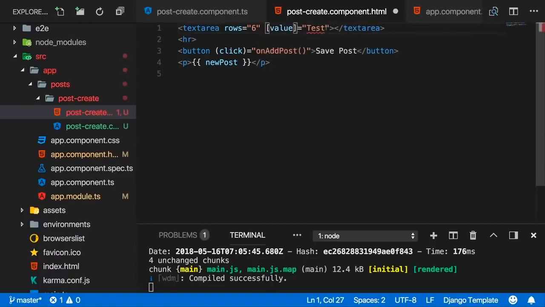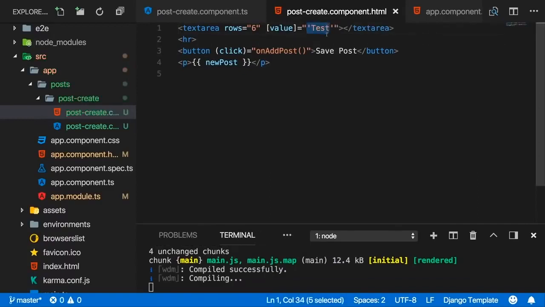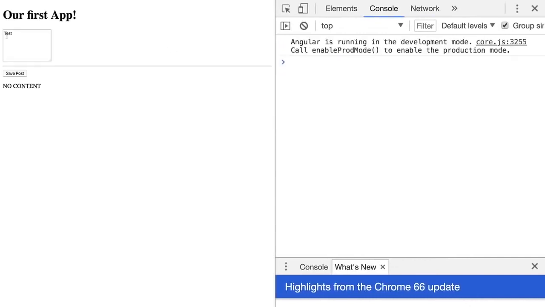And this will now directly target the value property of the underlying object and bind the value between quotation marks to it. Now important, just as for the click listener or for string interpolation, this value is now not normal text, but actually TypeScript code. So if you enter test here, it would look for a property named test in your component. If you want to output test as a string, you need to wrap this in single quotation marks. And now if you save this, you see test as a starting value